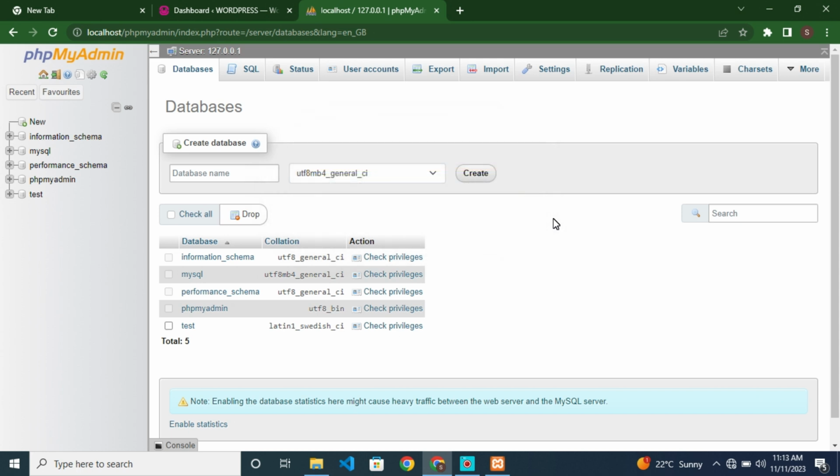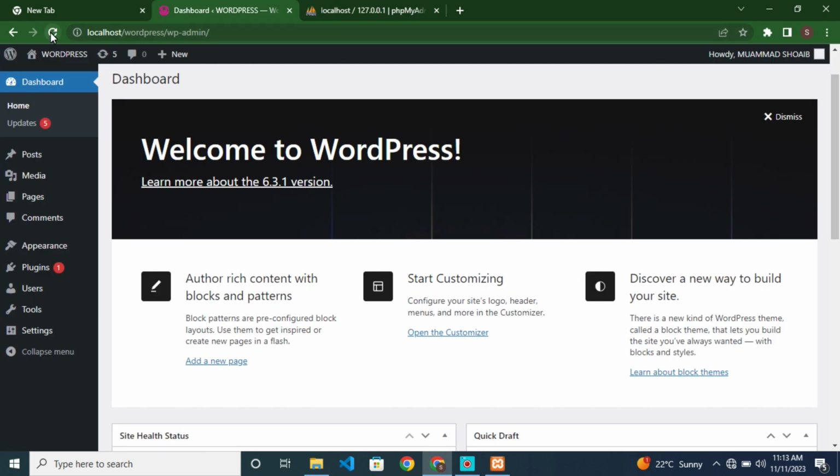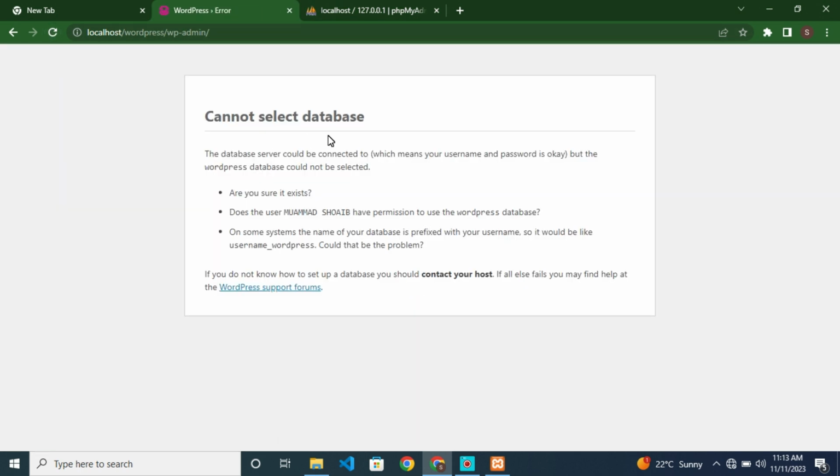So if you now go back to WordPress and refresh the page, you will see that it says cannot connect to database, meaning its database has been successfully uninstalled. It's confirming that. Now to uninstall from your computer as well, you need to go to My Computer by clicking this,